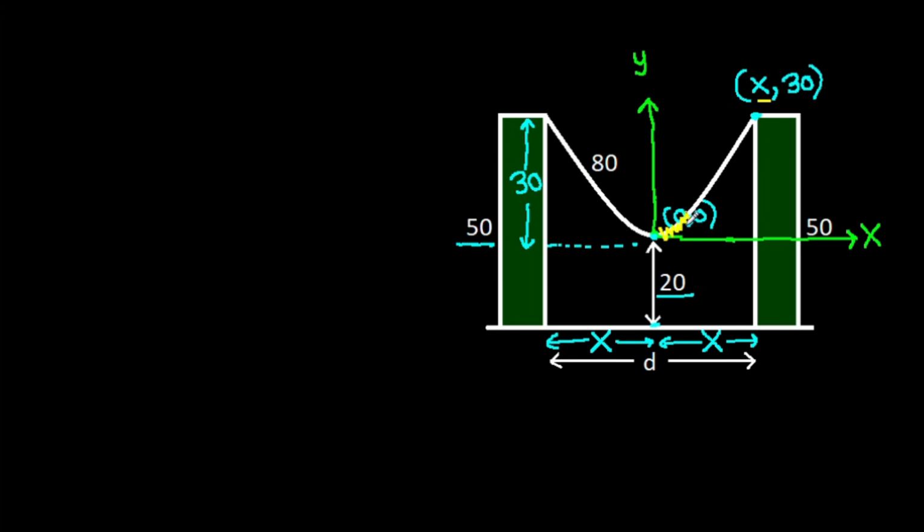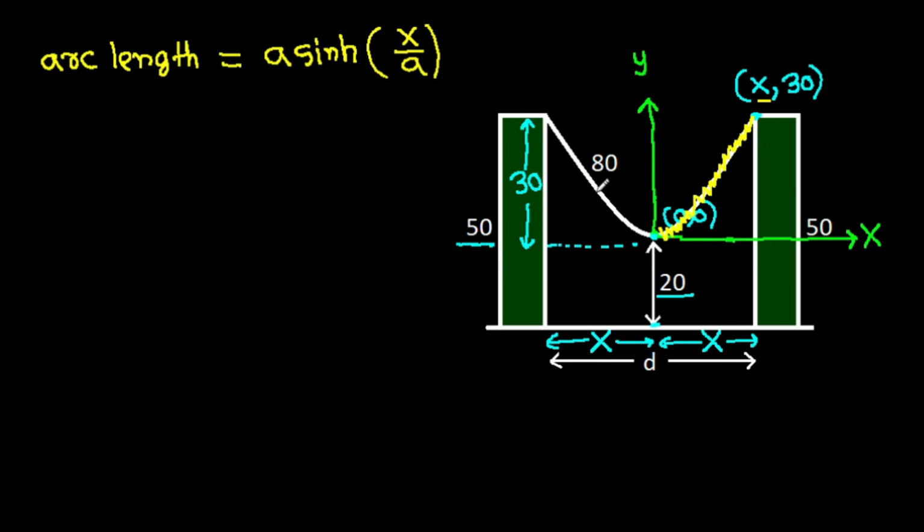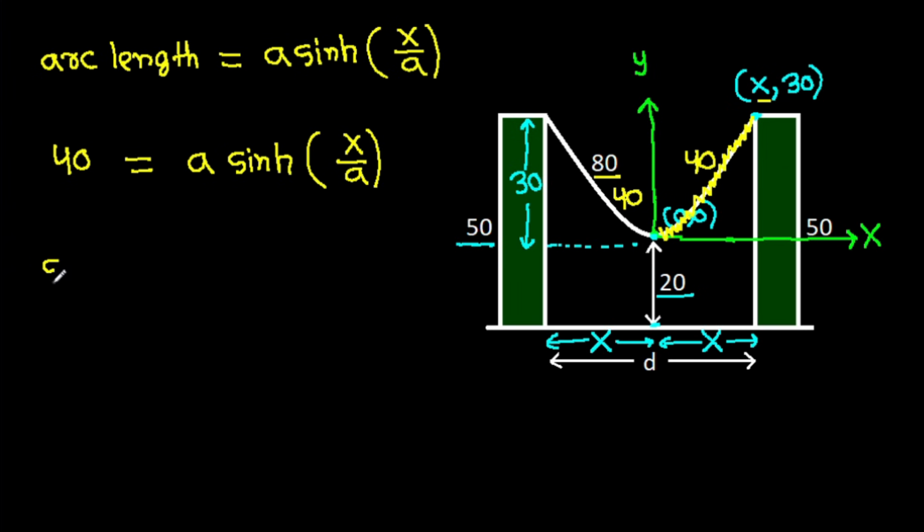and the arc length from 0 to x is a times sinh of x over a, and the complete length is 80, so this length will be 40 and this length will be 40, so 40 is a times sinh of x over a. So sinh of x over a will be 40 over a,